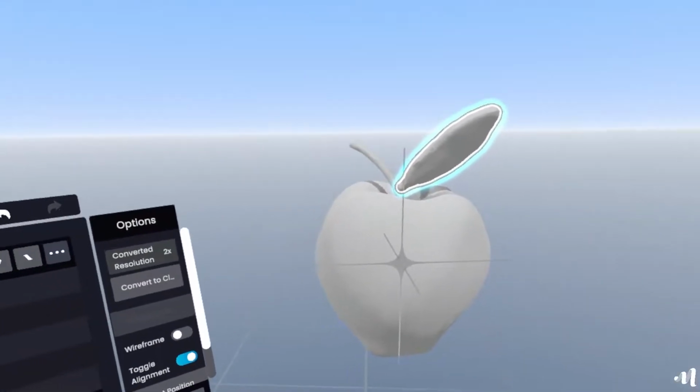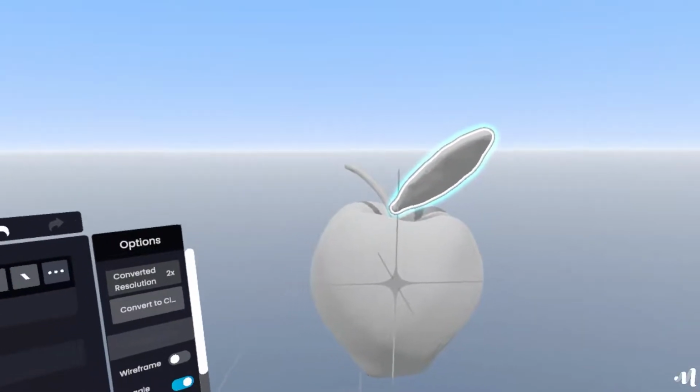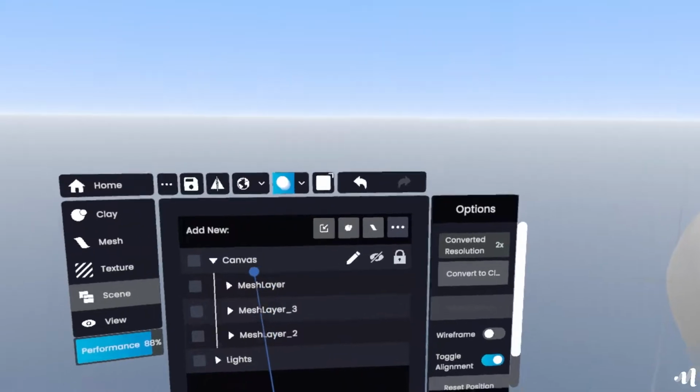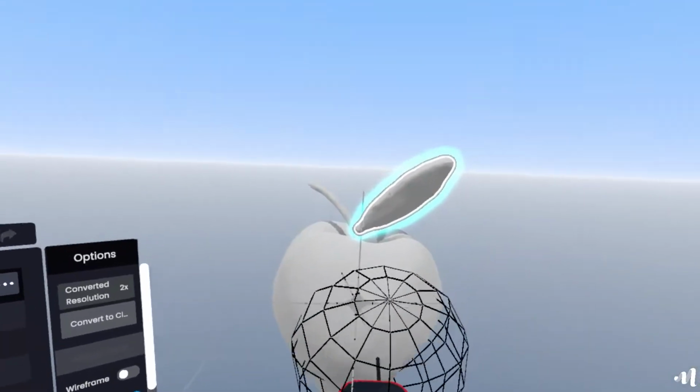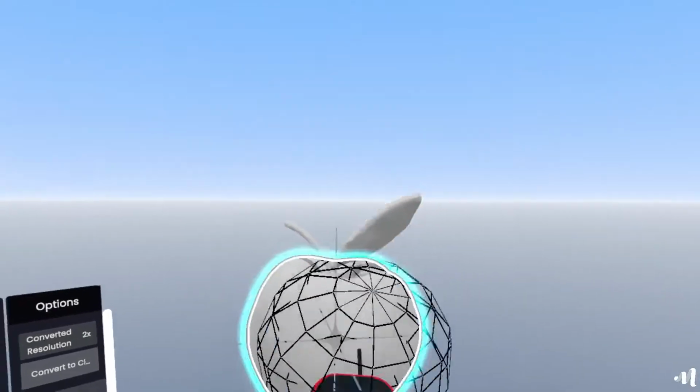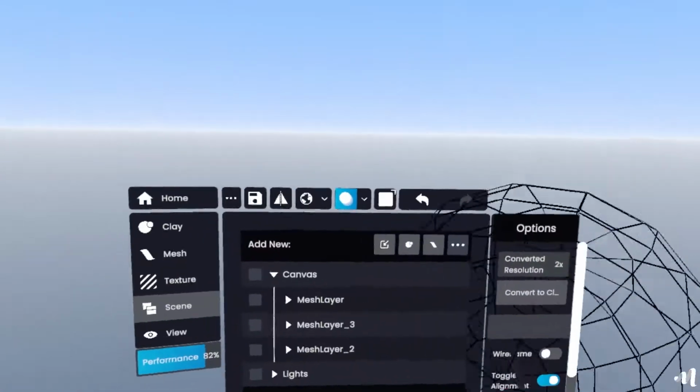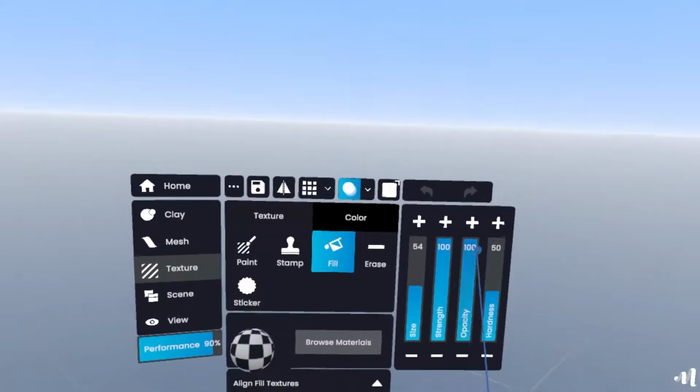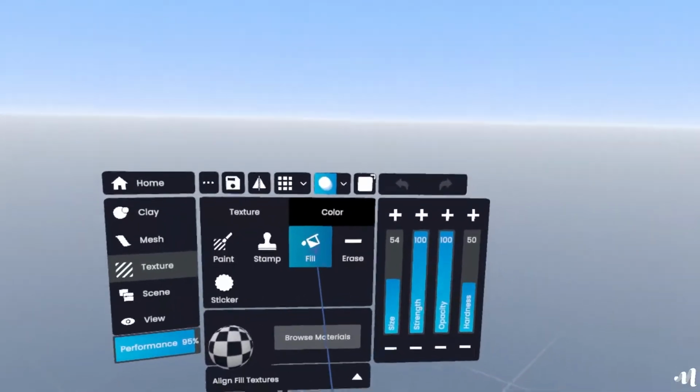We're going to be texturing the apple. We're in the scene graph and have all our mesh layers prepared. While you're in the scene graph, you can select individual layers just by hovering over them and using the trigger or select button. Select the main body of the apple, go to Texture menu, select the Fill tool, and go